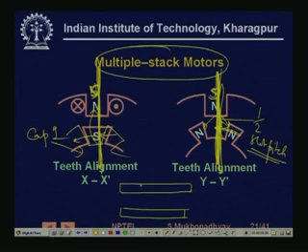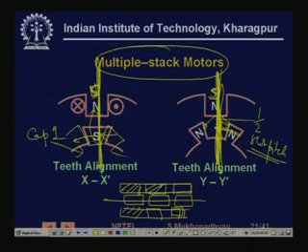So, you see, it has one stack, which is one set of stator windings, then you have another stack, which is another set of stator windings, then you have another stack. So, the motor tends to be long. Now, what happens is that you have these rotor slots. You are going to have some rotor slots here and some rotor slots here and some rotor slots here on this shaft, and these rotor slots are actually slightly offset